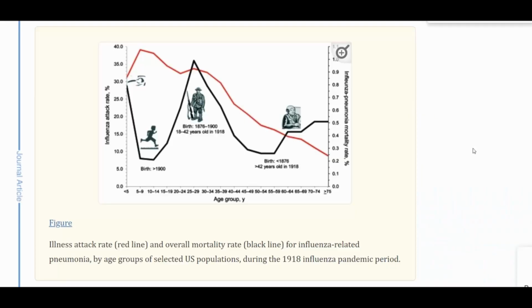Consistent with these findings, the 1918 flu caused unusually high mortality among young adults in 1918 and low disease incidence and mortality among older people, suggesting that in 1918, older people had been exposed to an earlier version of the H1N1 virus. Original antigenic sin is a particular problem with influenza viruses, which routinely accumulate small mutations that lead to new strains that are not recognized by antibodies to previous strains.